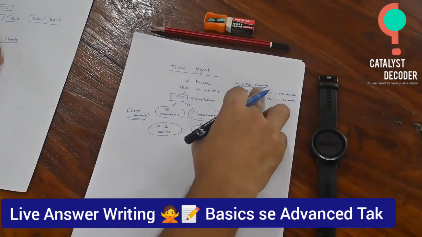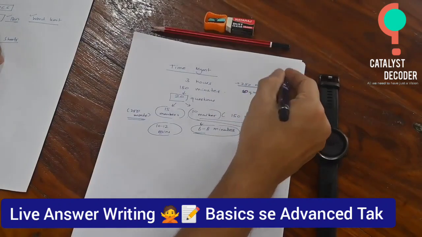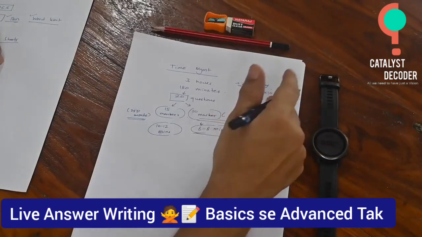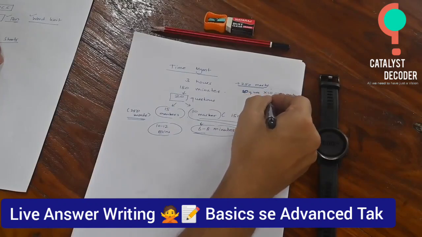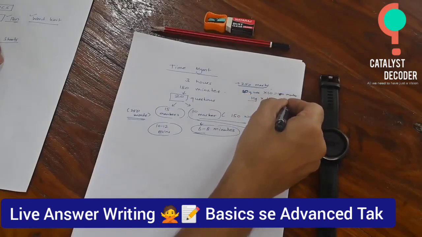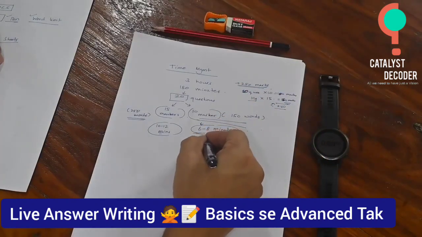Normally what happens, the question paper is of 250 marks total. Out of that you get 10 questions of 10 marks each, so you get 100 marks for that, and then you get 10 questions of 15 marks each and you will get 150 total marks. So this will make up for 250 marks. Okay, so accordingly you have 10 questions